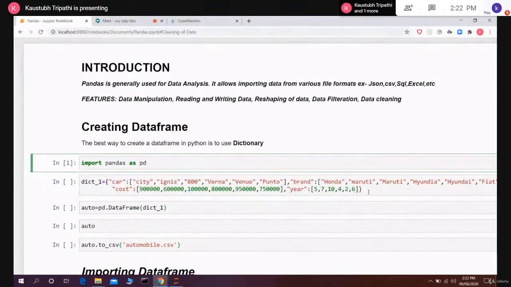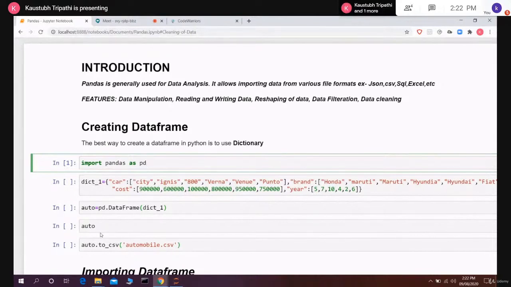Now we can use the methods that I told you about yesterday, like the dict.keys method and dict.values method, to get the values out of the dictionary. But if we want to convert this dictionary into a data frame, so that we can apply our models, or we can apply our pandas features for data manipulation or cleaning of data.